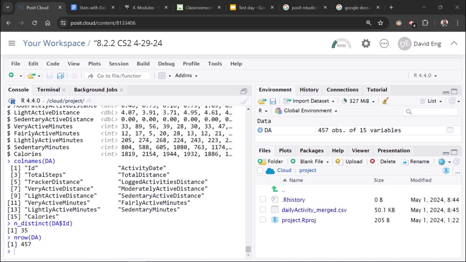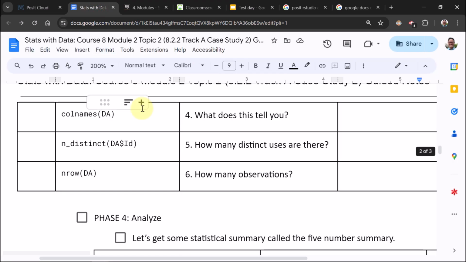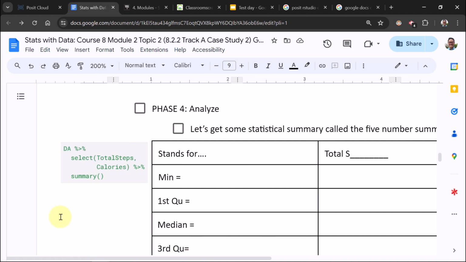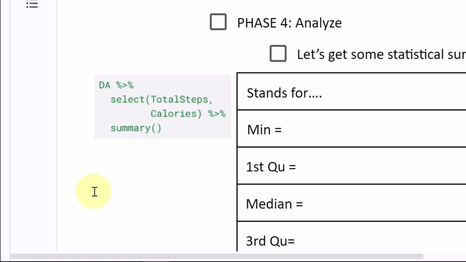Okay, our next step is phase 4, to analyze, and to do that, my directions have a little picture there in the top right. Do you guys see it? There's a correction to that. Let me show it to you. Here is the correction. I want you guys to try with your partner. I want you to see if you can type that in. And it's going to be a review, because I'm not telling you exactly how to type it in, but I need yours to look just like that. Okay, so go ahead and take a minute or two.